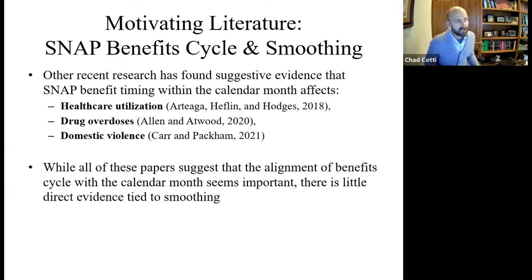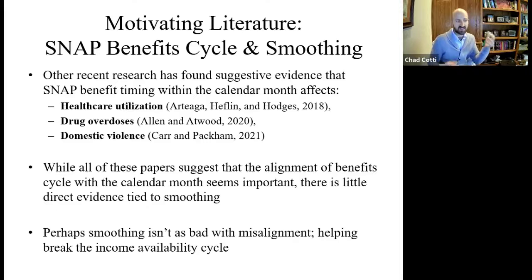And so it's hypothesized that maybe there's this definite income availability cycle that's correlated with the beginning of the calendar month. We know that there's all this research from Stevens and others that shows that people get big influxes of income at the beginning of the calendar month, both income and transfers like TANF, things like that. So there's this suggestion that maybe if you happen to receive food stamps or SNAP later in the calendar month, it might create some forced smoothing. I don't know.